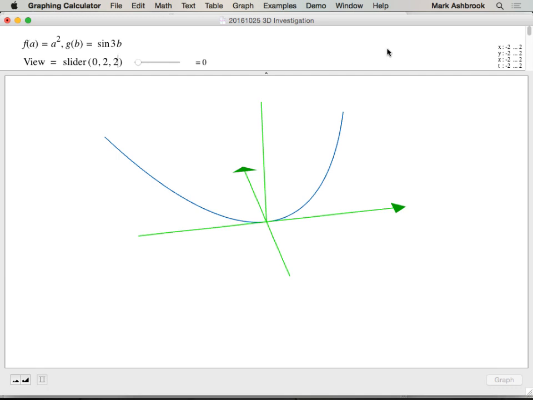And actually, if you would not have GC open during this, that would be good. At the end, you'll have a little bit of time to mess around on GC relative to this, but don't be on GC during this activity. So what's being displayed relative to functions f and g, do you